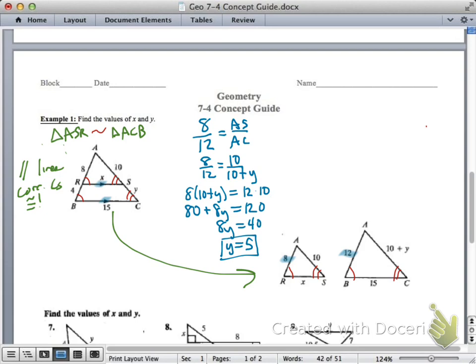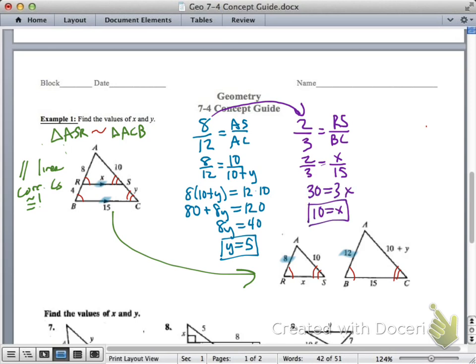Now, let me point out a shortcut that we could have done. 8 over 12 was our similarity ratio, our scale factor. 8 over 12 simplifies to 2 over 3. So we'll just be dealing with simpler numbers anytime you can simplify those ratios. So 2 over 3 equals RS over BC. So 2 over 3 equals x over 15. And we have a relatively simple proportion here to solve. x equals 10. Go ahead and give these questions down here at the bottom a shot, and I'll display the